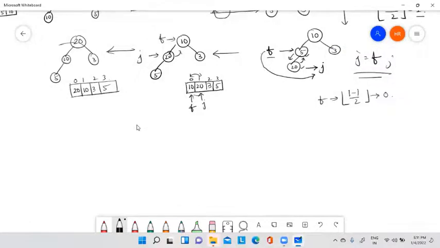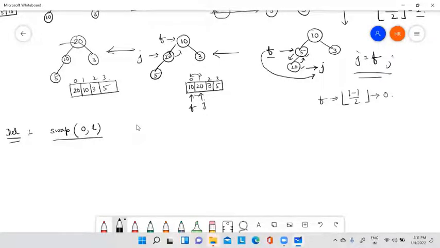Now for deletion, instead of deleting the element, what we will do is first perform a swap operation, an interchange operation with the first element and the last element. Suppose the last element is L. So these two will be interchanged.